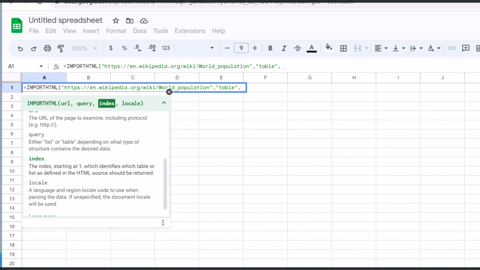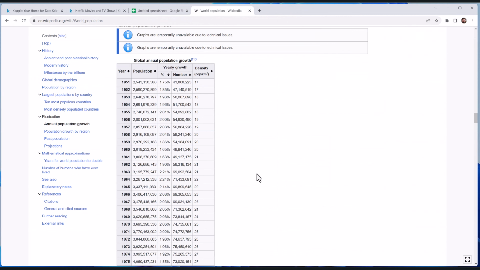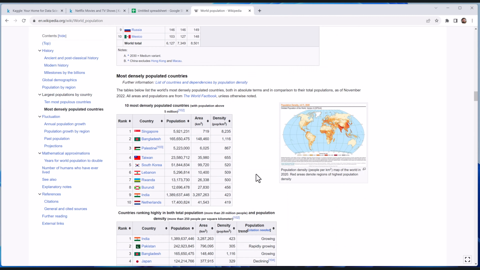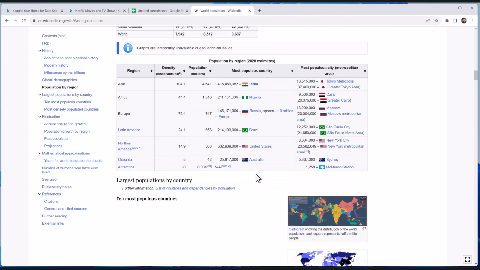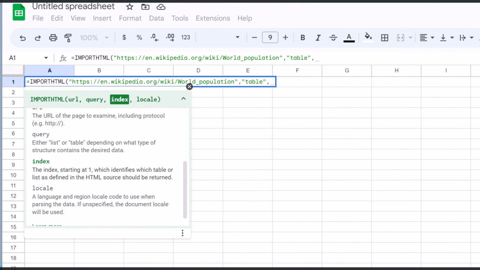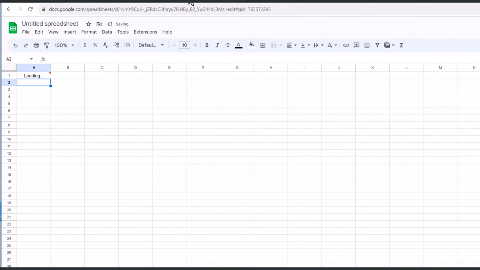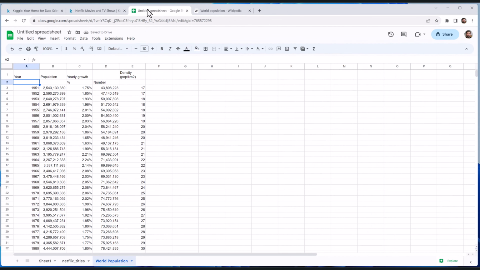Next, it's going to ask for index. And as we see here, go ahead and close out this developer tools. There are a number of different tables inside of this one page. So essentially what we're telling Google Sheets is which table to actually download. And I'm going to go ahead and put in 12 because it is the 12th table. If I hit enter, we're going to see loading, and then it's going to go and it has grabbed that